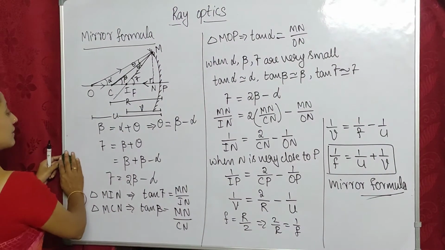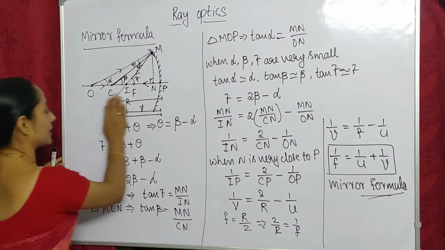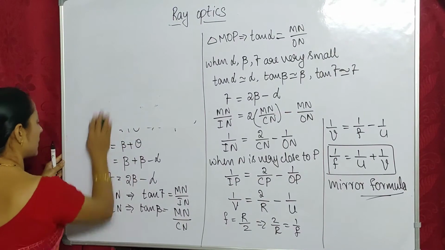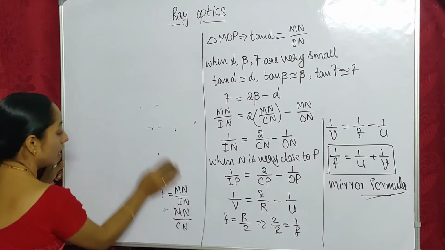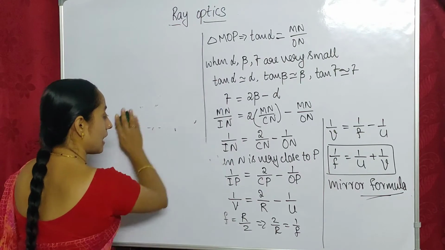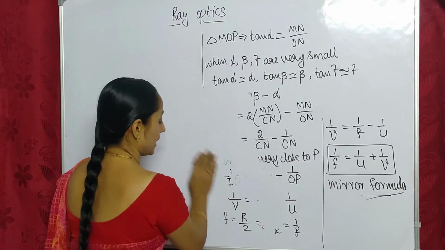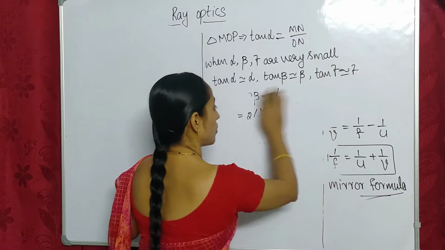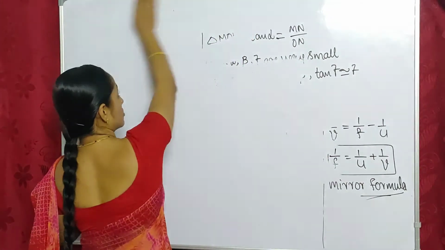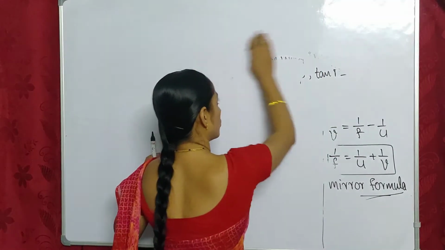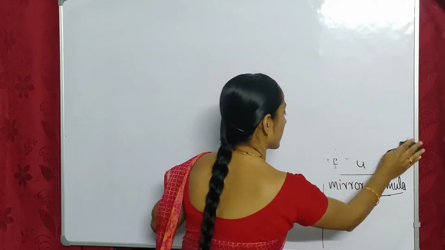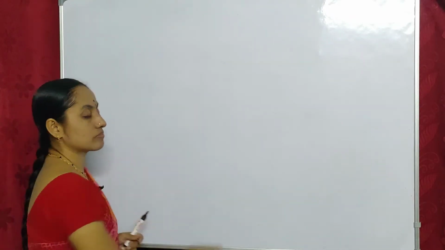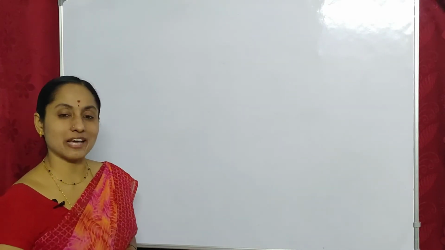Quickly, I hope you are ready with your pen and paper. Pause the screen and take the notes. Is it easy or not? Mirror formula is a very simple derivation, and even in CBSE, ICSE and in state, any board, this derivation is important to learn. So I hope I made it very clear to you, and shortcut also. So this is good to write in examinations. So what is U, V, is it clear? U is object distance, V is image distance, F is focal length.